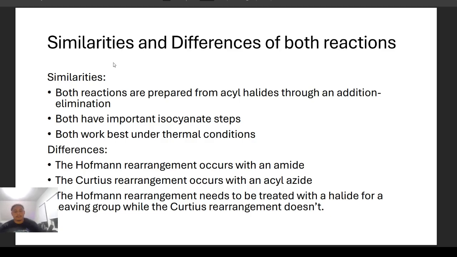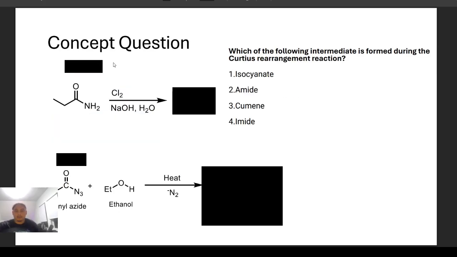The Curtius rearrangement, if I'm not mistaken, has a photochemical mechanism, but that mechanism forms that nitrene intermediate that you don't want. The differences: the Hofmann rearrangement occurs with an amide, the Curtius rearrangement occurs with an acyl azide, and the Hofmann rearrangement needs to be treated with a halide, for a leaving group, while the Curtius rearrangement doesn't. And so the concept questions here